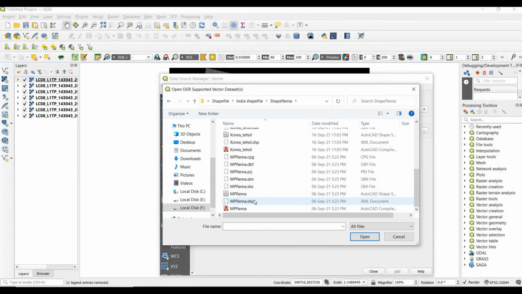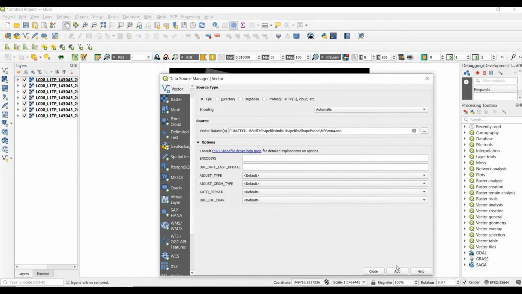So this is the shape file of Panna district, MP. So we are going to add this shape file in our QGIS work window. Add,